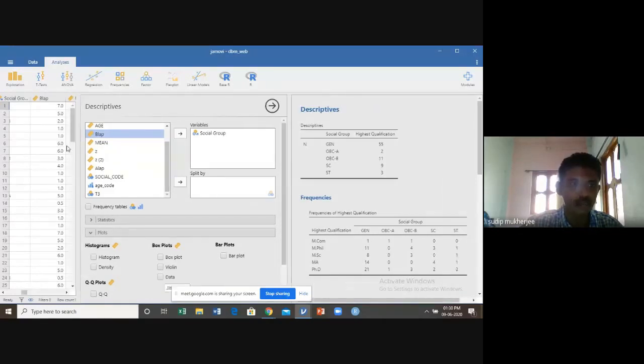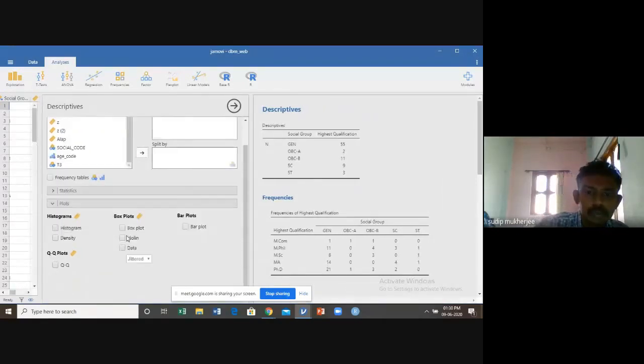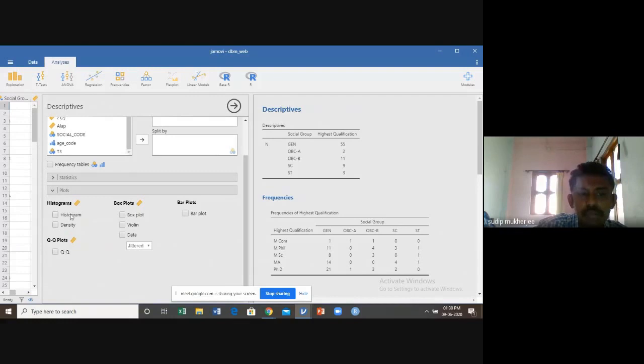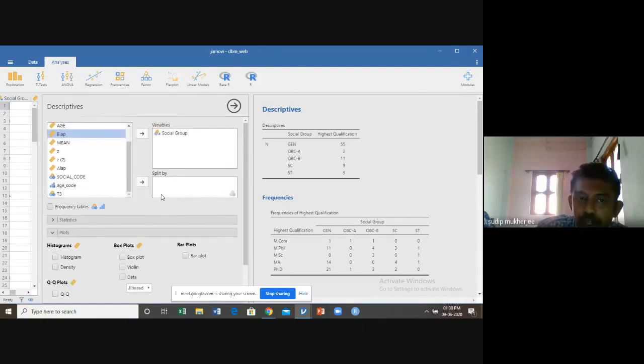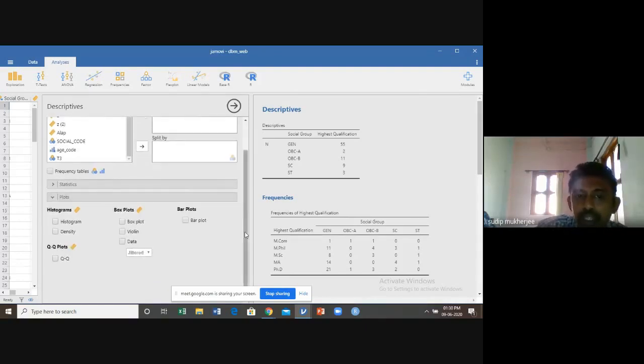In Jamovi, there are different options. You can draw a histogram, but histogram is for continuous variables. You can do a box plot. This is also for continuous variables.